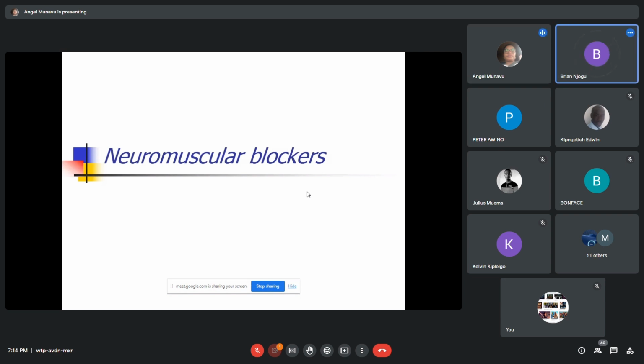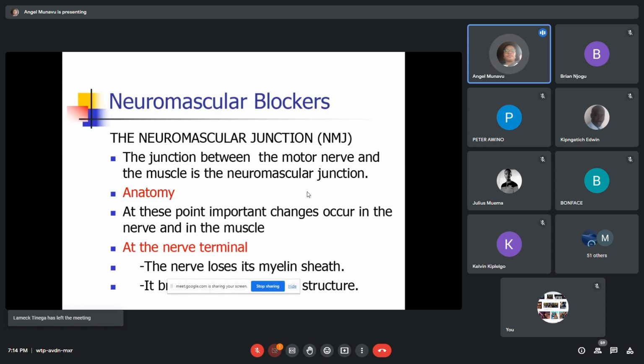Yes, okay. So today we are going to discuss the neuromuscular blockers, and to understand how the neuromuscular blockers work, we need to remember the anatomy of the neuromuscular junction, how it works, and we also need to understand the physiology of the neuromuscular junction. I want you to visualize, from your